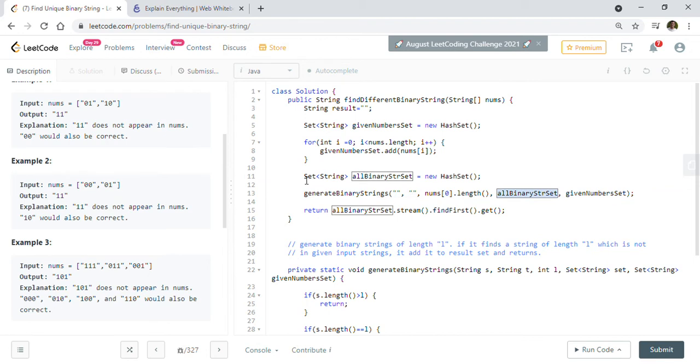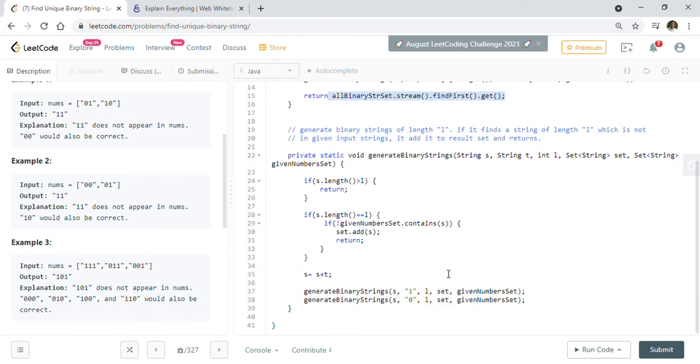This is the set where we want to capture the strings that are not in the input set. Finally, we will just read the first element from this set and return that element.